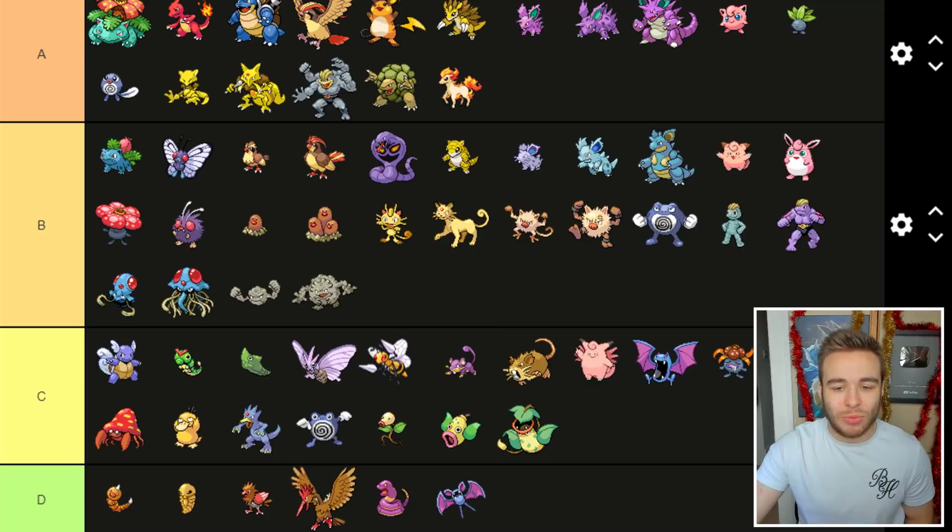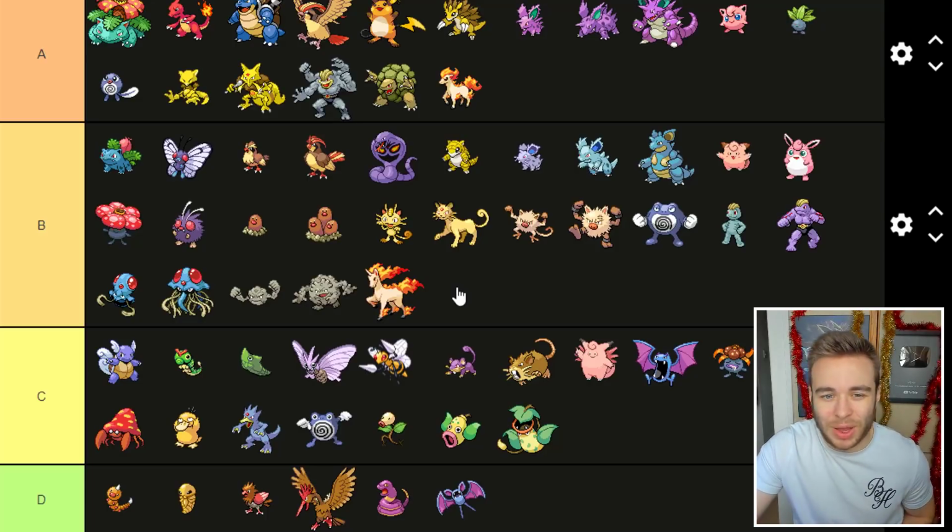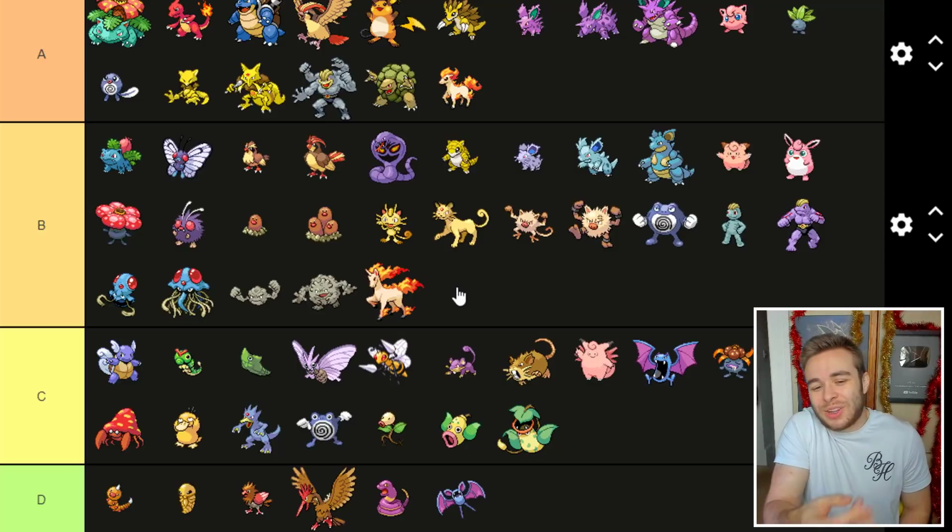Rapidash and Ponyta. Ponyta, A tier for me. Rapidash, probably B tier. Again, nothing against Rapidash. I just like, I don't know. I feel like they could have done something more with Rapidash, but I think Ponyta is perfect